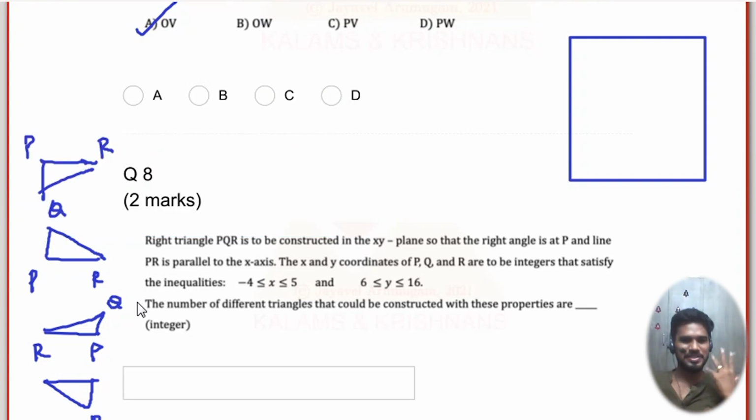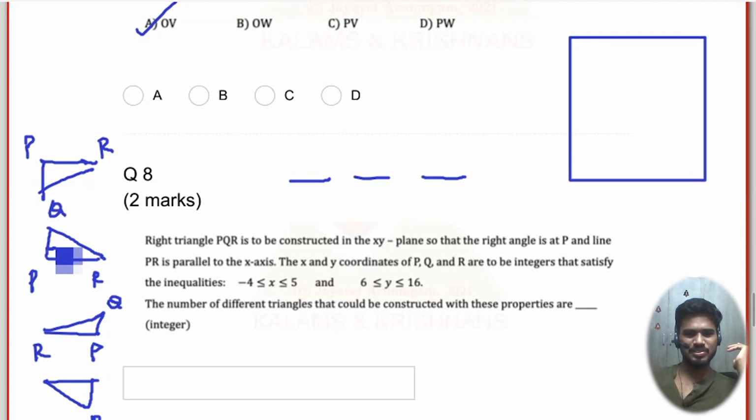Now, anyone else answer to this question? P, Q, R. This right triangle. Defining the point P is what actually specifies that it's a right triangle. Right? It's very, very special. So let's first choose P. Then let's choose R and then Q.